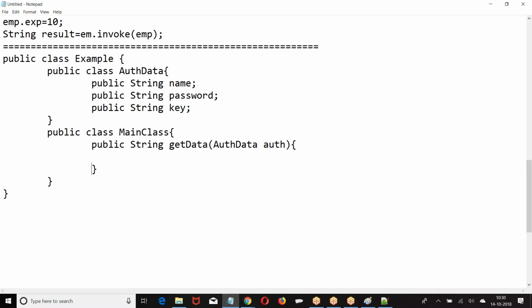So this is the class that I have. In this class, they're expecting you to pass the authentication data in the body part of the request. Make a request to invoke the get data service.